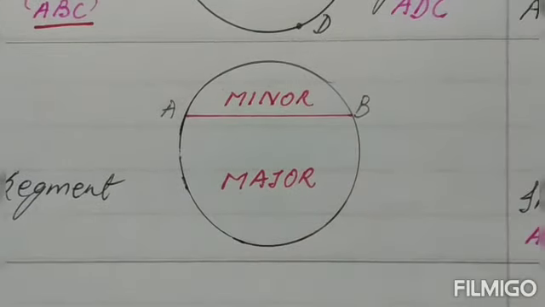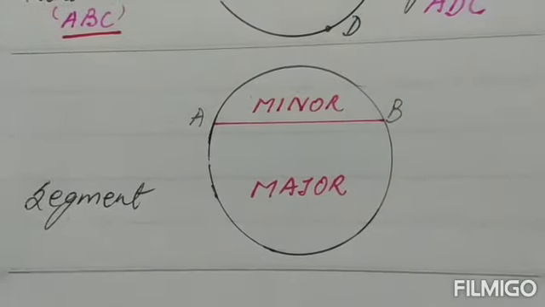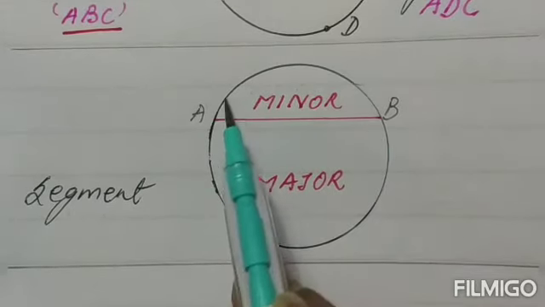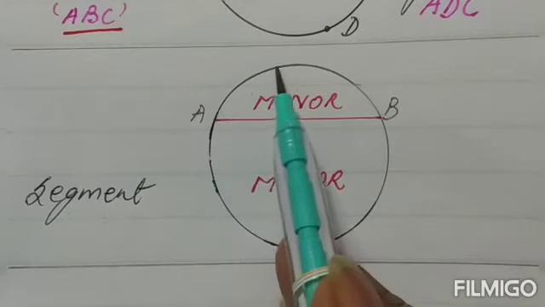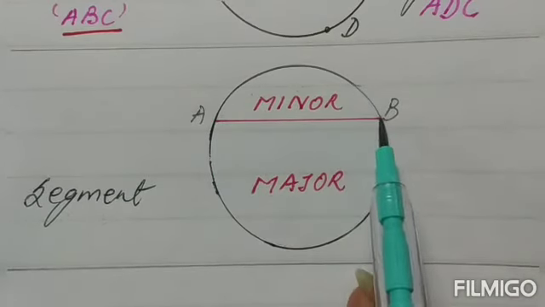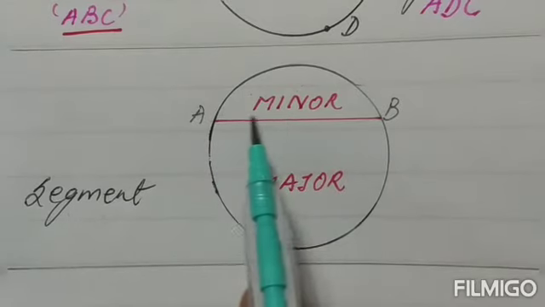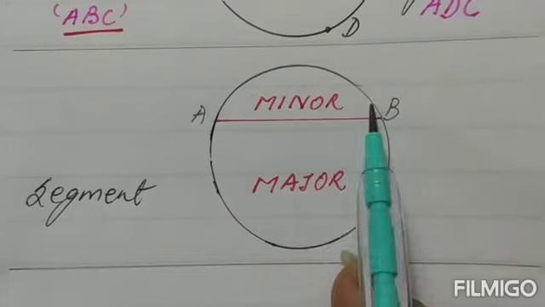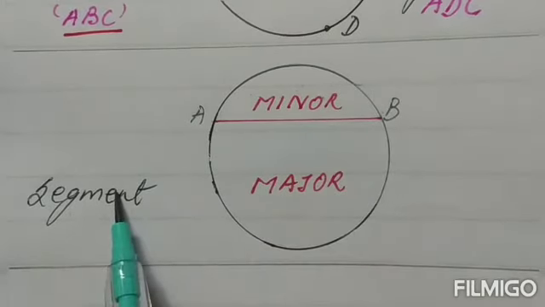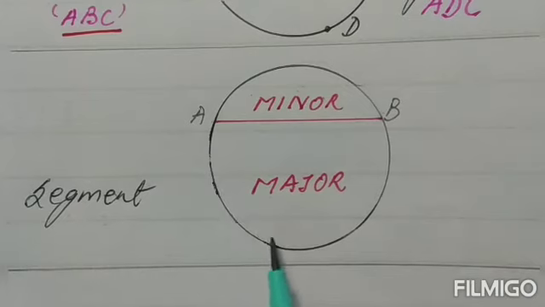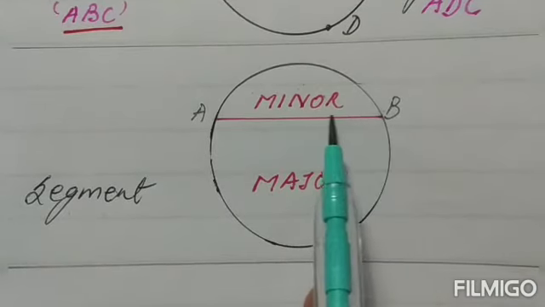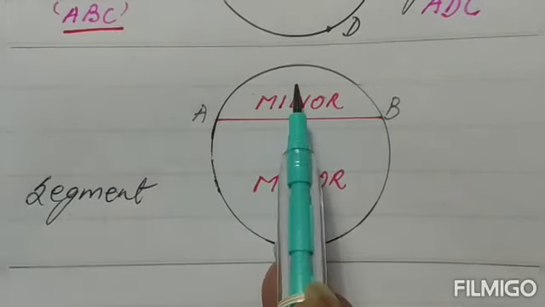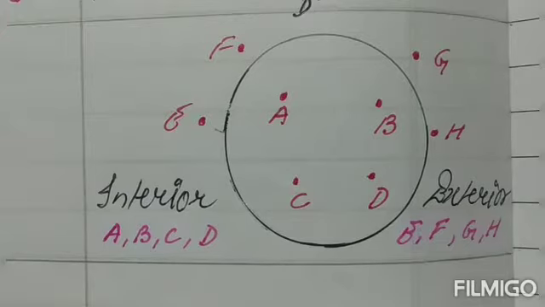Just before that, I had told you about the major arc and the minor arc. Arc was only covering the circumference. Now suppose this is the minor arc, and then we draw a chord, children, connecting that minor arc. This portion of the circle is known as the minor segment. And the major arc was this side, children. If again we draw a chord, this chord will divide the circle into minor segment and major segment.